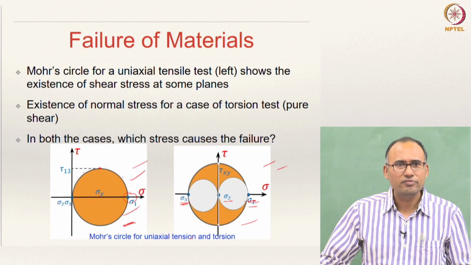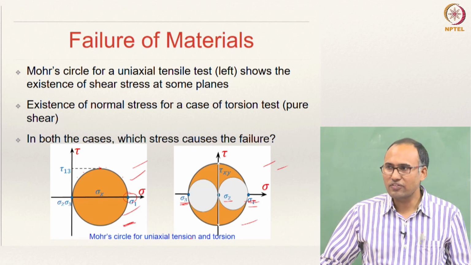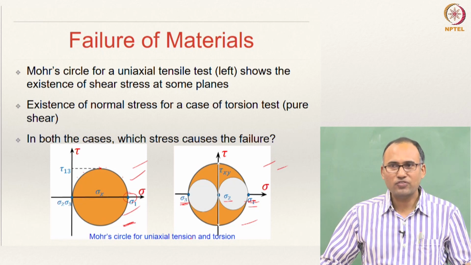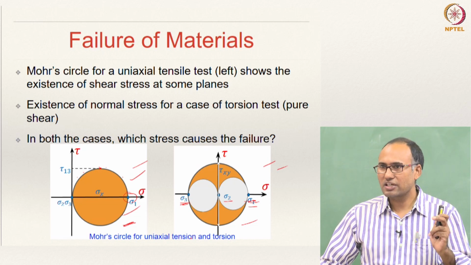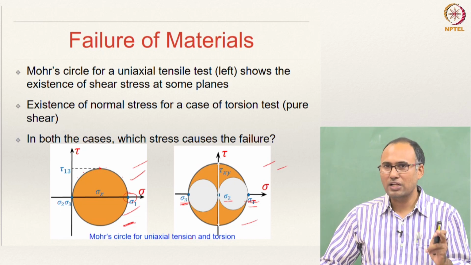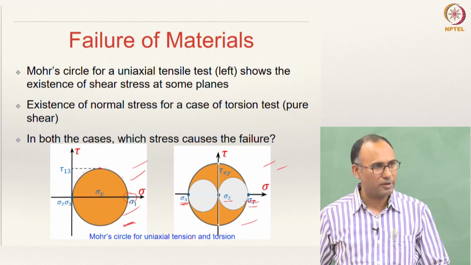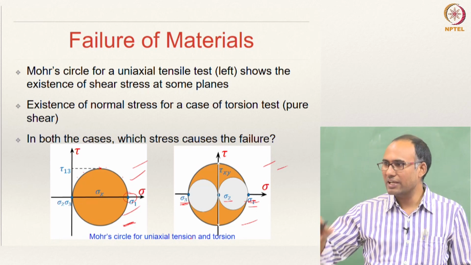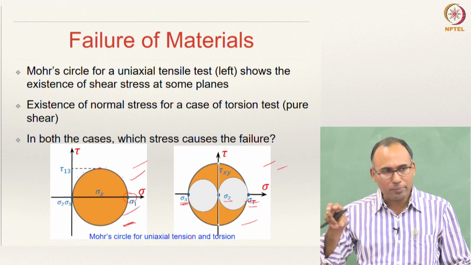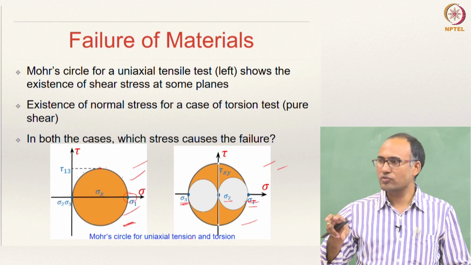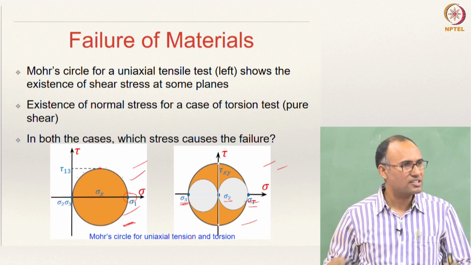In the last class when we discussed, there are different ways that one can define failure, and as far as ductile material design is concerned, we will restrict the definition of failure to the yielding of the material. We really do not have to completely break the specimen, because the moment the yielding happens there is some permanent deformation set into the material, and because of the permanent deformation the functionality for which it is designed might not be met, and that itself can be considered as failure.